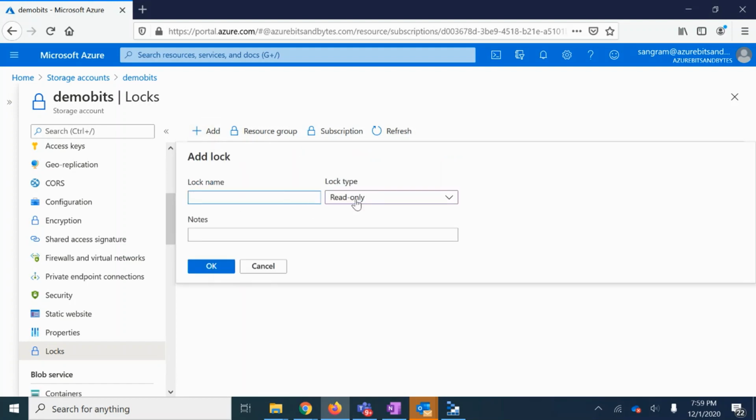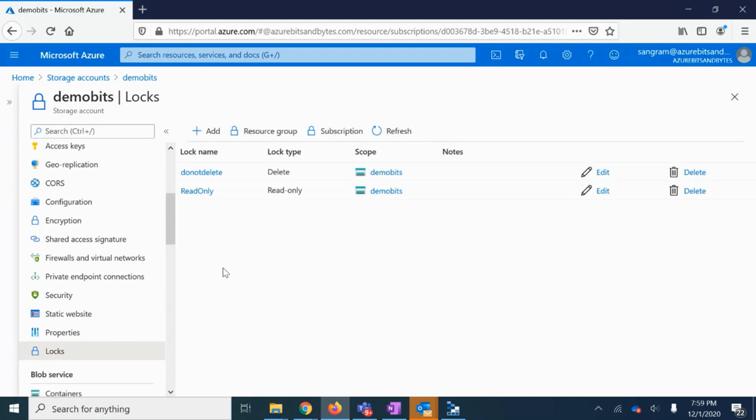And there is another property called delete. The delete lock type makes sure that this storage account would not be deleted by anyone or any group or any service principal. And what is the use case of delete? There are some CI/CD pipelines which will deploy to our storage account in an incremental manner or full manner. If you want to restrict full deployment, in the sense that it would delete the resource before recreating it again, and you don't want that to happen, then you can select the lock type as delete. Let me name it do not delete. And the storage account would never be able to get deleted by itself. So these are the lock types.